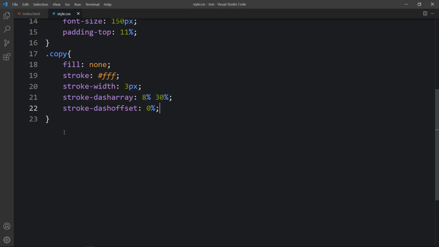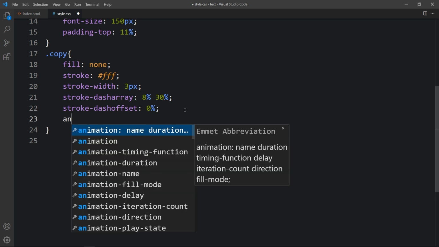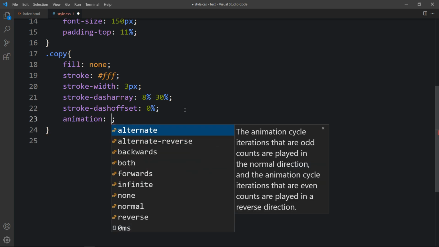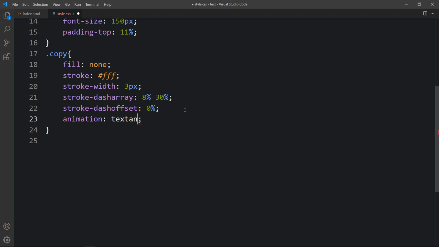Let's come back, and here we will add an animation. So write animation, write any name, text animation, 6 seconds, linear, infinite.